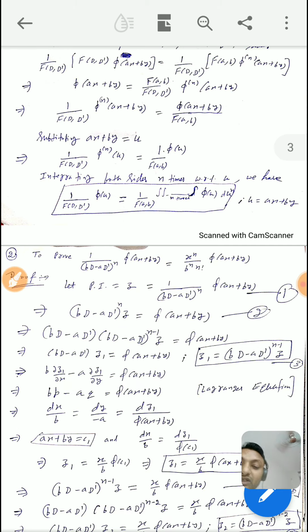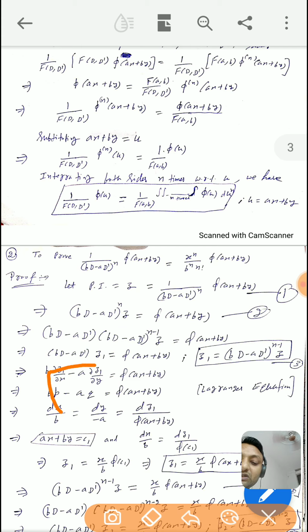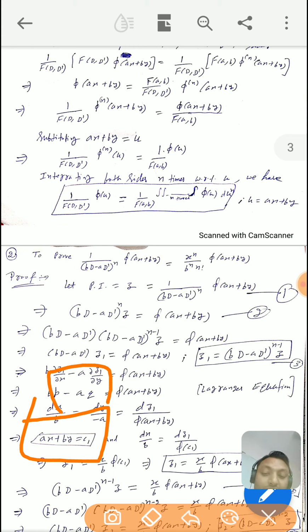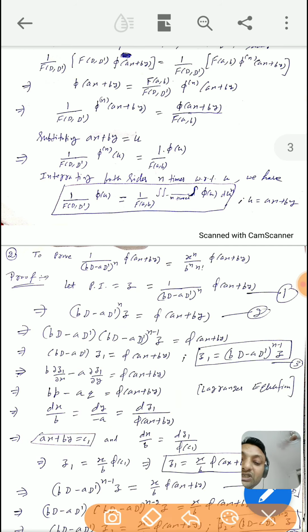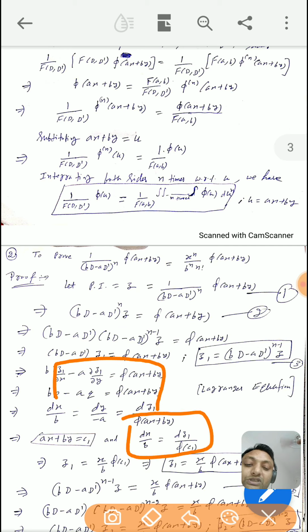So solving these first two equations, we get ax plus by is equal to some constant. So substituting ax plus by is equal to some constant, that is c1, in this function phi of ax plus by, and solving the first and third equations by substituting ax plus by is equal to c1, we get this one equation, and solving this further